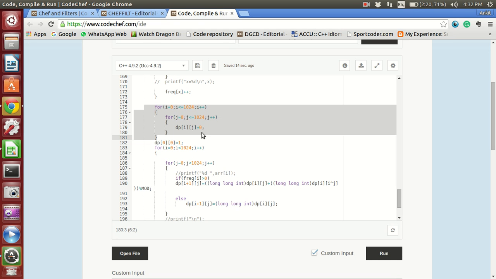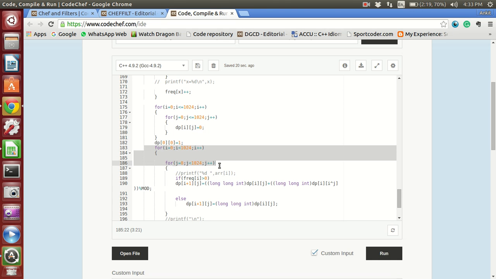As it is equal to 10 raised to 3 in approximation, that was a clear hint that we should use a dynamic programming approach which uses a 2D array. So we are initializing this 2D array to 0, initializing the first cell to 1, then we are going through these